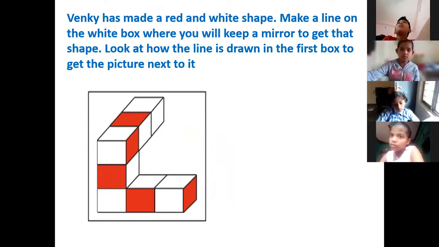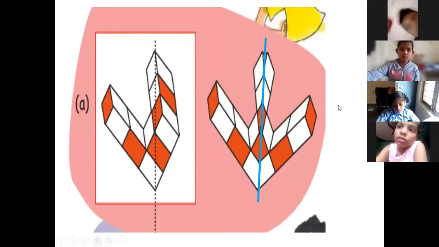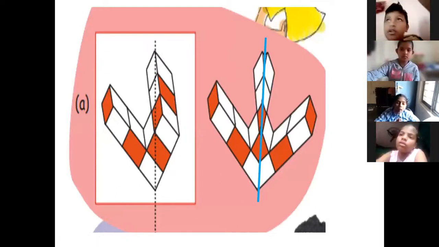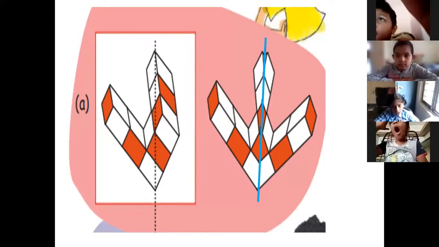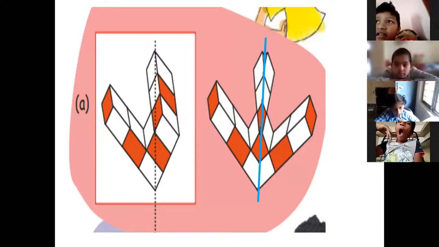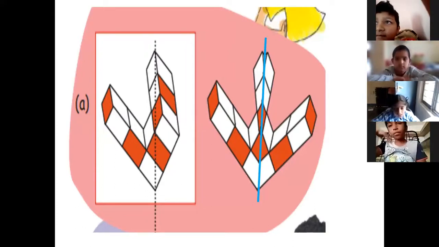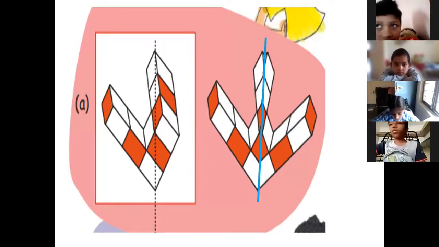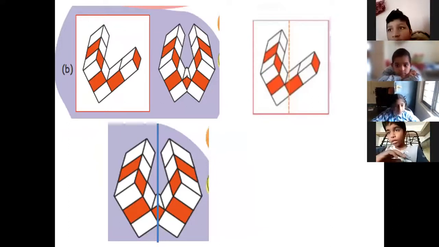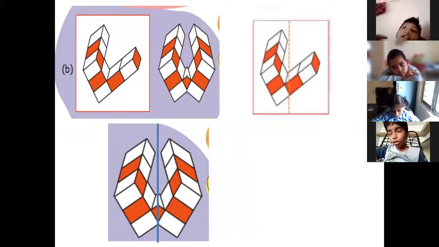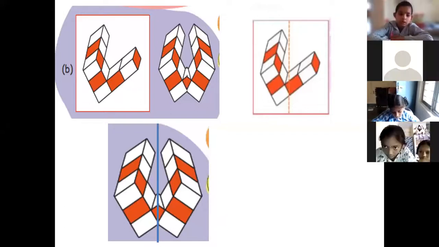Look at this. Right now, where we can draw the line to get the mirror image, if it is difficult to imagine, I will show you. See, like this. At the dotted line, if you keep the mirror, you will get this shape on the other side. You will get this fantastic shape. Looks very beautiful. Sir, it looks like an arrow. Yes, yes. So if you do this, you will love to do this. You will enjoy also the class. Like three-dimensional shapes, different shapes.